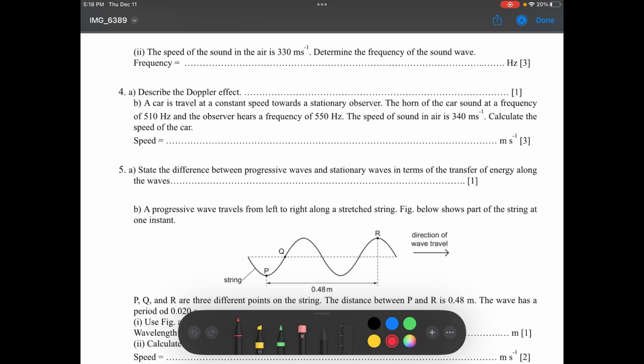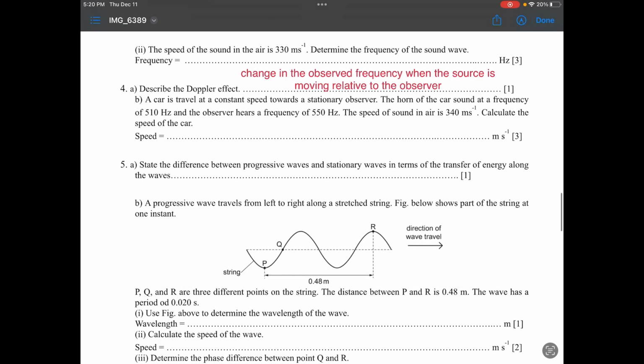For the second question, I will do number 4. Number 4A, describe the Doppler effect. The Doppler effect is the change or difference in the observed frequency when the source is moving relative to the